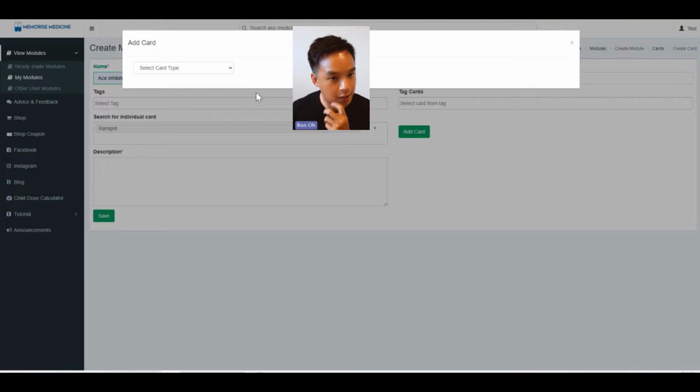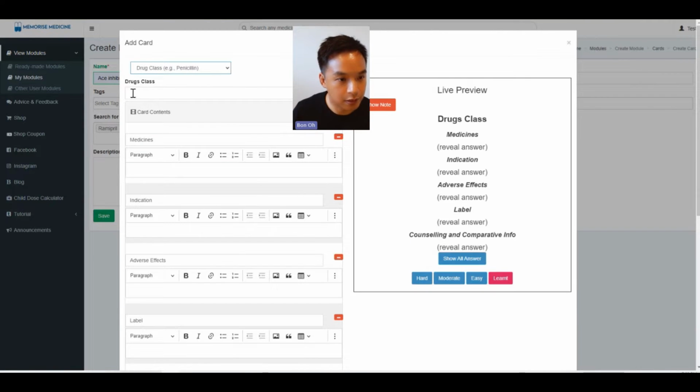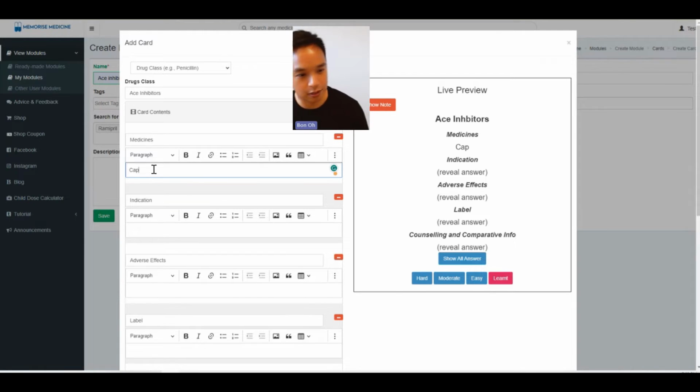Now let's add another card into this. So here we're going to use our drug class default one. So here, ACE inhibitors. So there's our drug class. Now medicines. So I'm going to use my memory palace. For those who attended my How to Study Effectively, you'll know that I do a thing on how to remember all the ACE inhibitors. So we've got